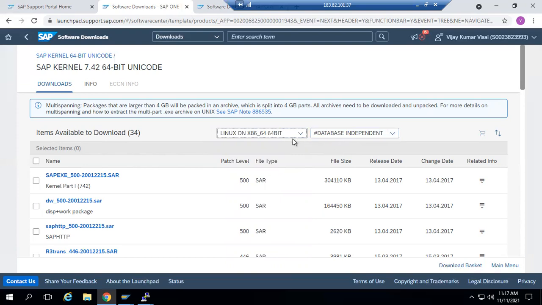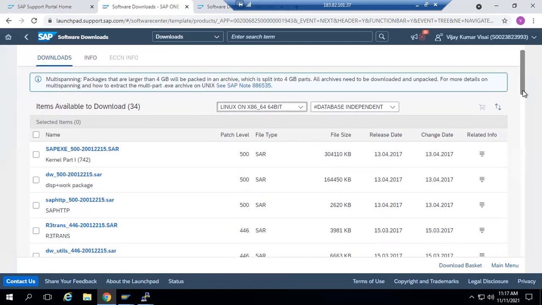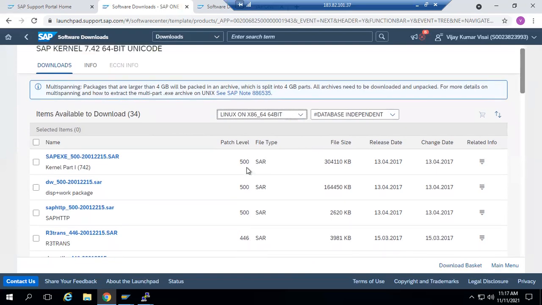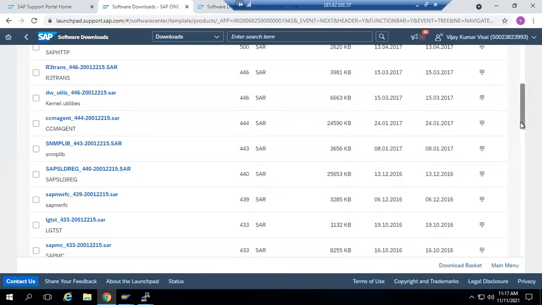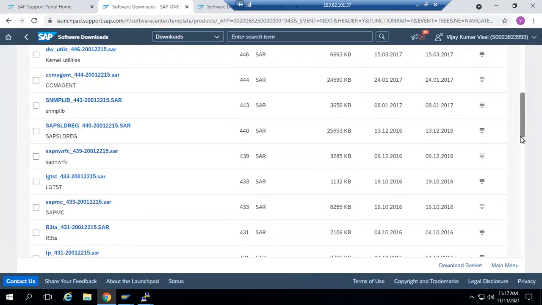When I select Linux, it is database independent, and its naming will be SAP EXE. Our existing patch level is 28. The top will be the highest, and as you go down it comes in ascending order.